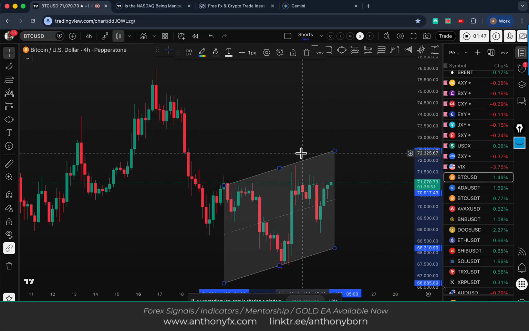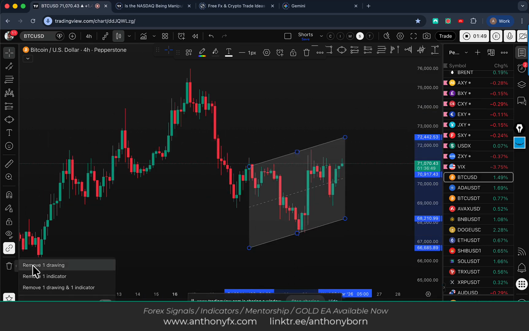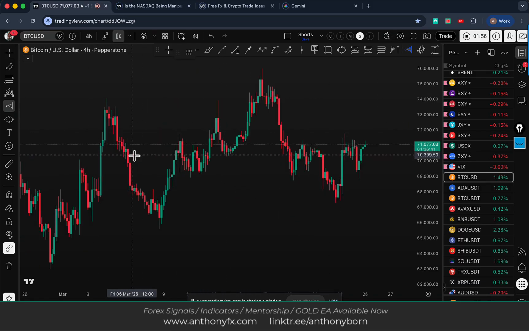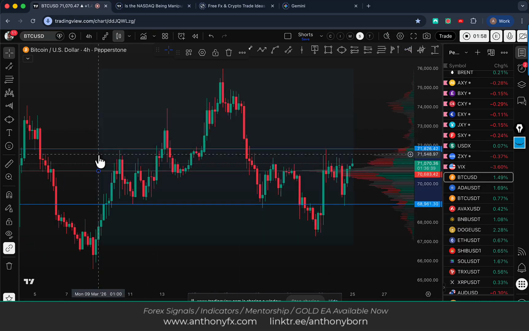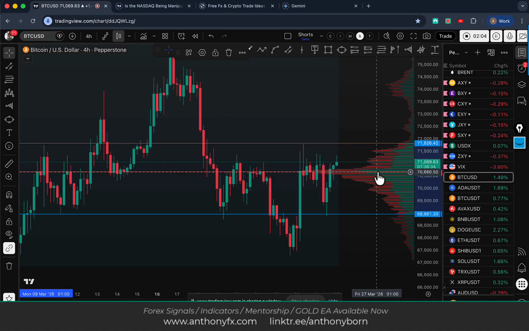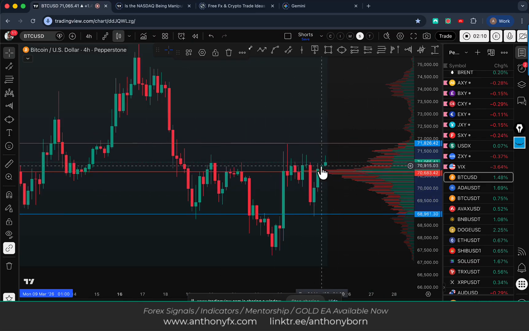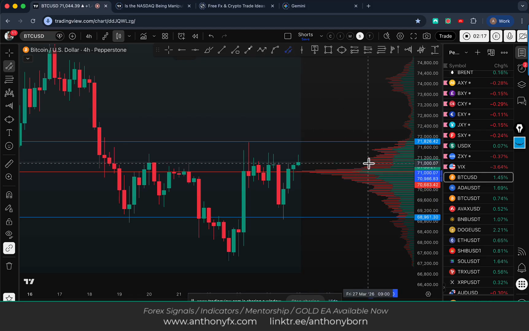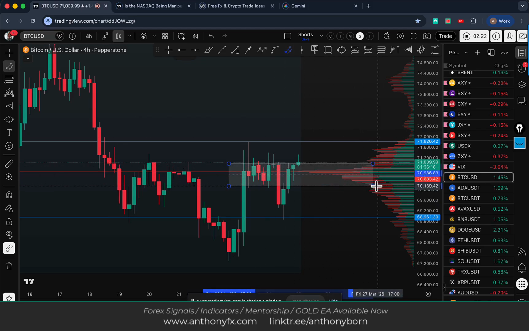So here's how I approach it. I'll show you this. The first thing I'm going to do is grab an anchored VWAP. This will tell me where buyers and sellers are dominating. All right, here we go, see? So this is a main value area we're trading through at the moment. So the high and low of this area here is pretty well range bound until we break out of it. We could narrow it down a little bit more to this low value node, to this low value node here,